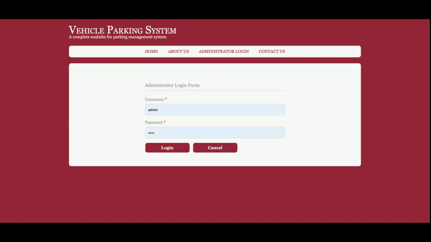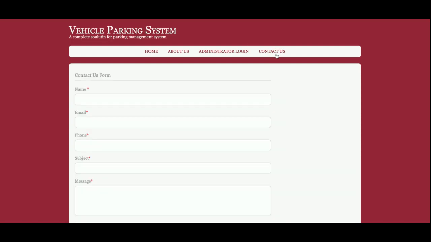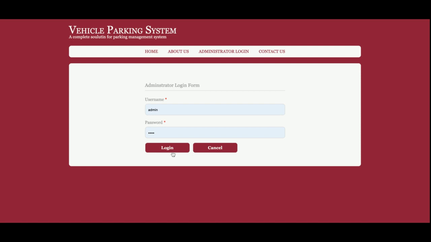If you enter any credentials here, they will be verified from the database. And if you don't know the user ID and password, then you will not be able to log into the system. This is a contact us page, right? This is a static contact us page. I am not sending any type of email or SMS from this page. I am not even saving the values of this contact us page anywhere in the database, so you can treat it as a static form, right? So let's start with the login.